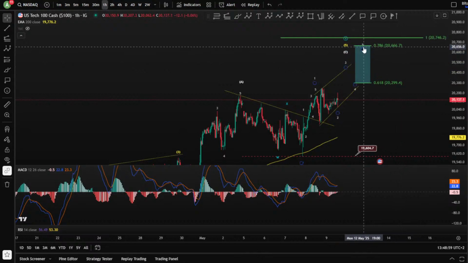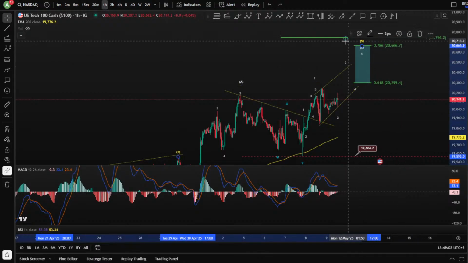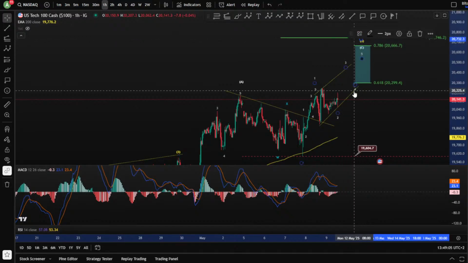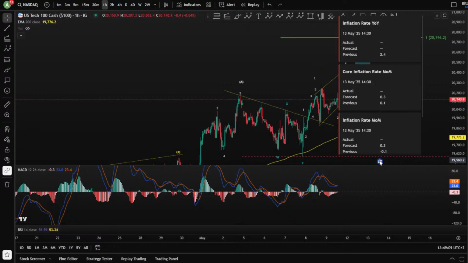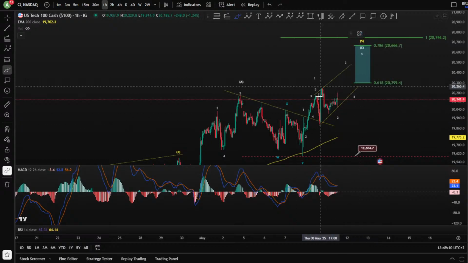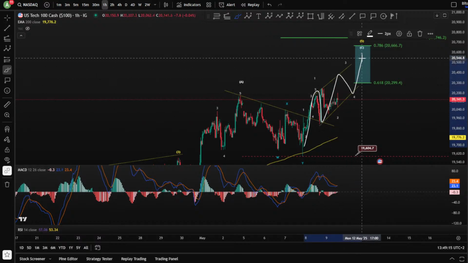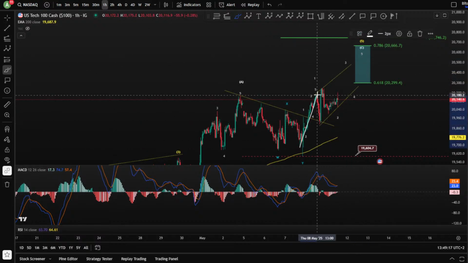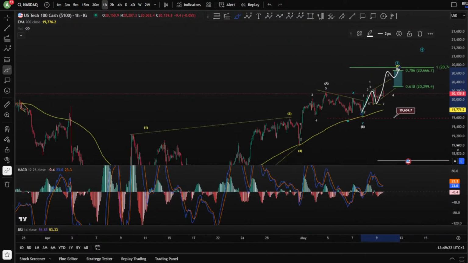This is what I think. This is my prediction for today. I'm looking for this blue box, unless of course something horrible happened. Be careful from the news. These news are for today. All right, so basically 1, 2, 3, 4, and a 5 at least, or it can be impulsive. 1, 2, 3, 4, and a 5, and moving even for higher.